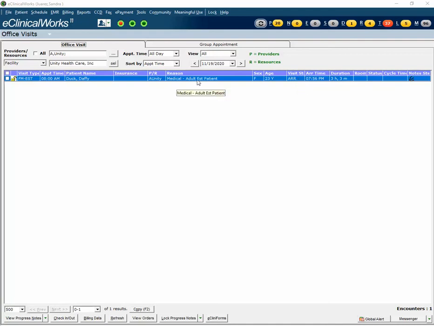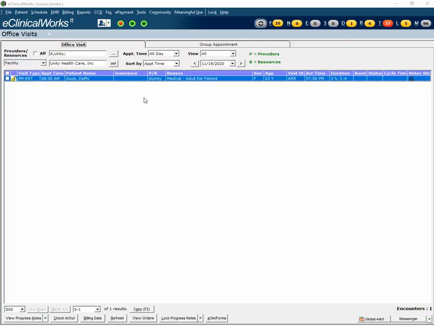So for this particular visit, it states that the patient has arrived. It's going to state the time, that duration the patient's been at Unity so far. Once the MA takes the patient back, they're going to actually indicate what room they're in, the status, and it's going to calculate the cycle time. Okay, this is pretty much almost completed the general overview of